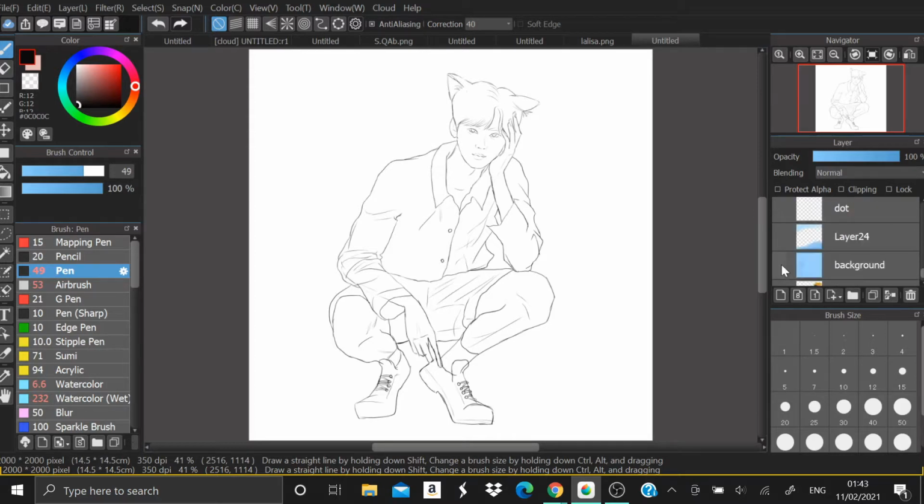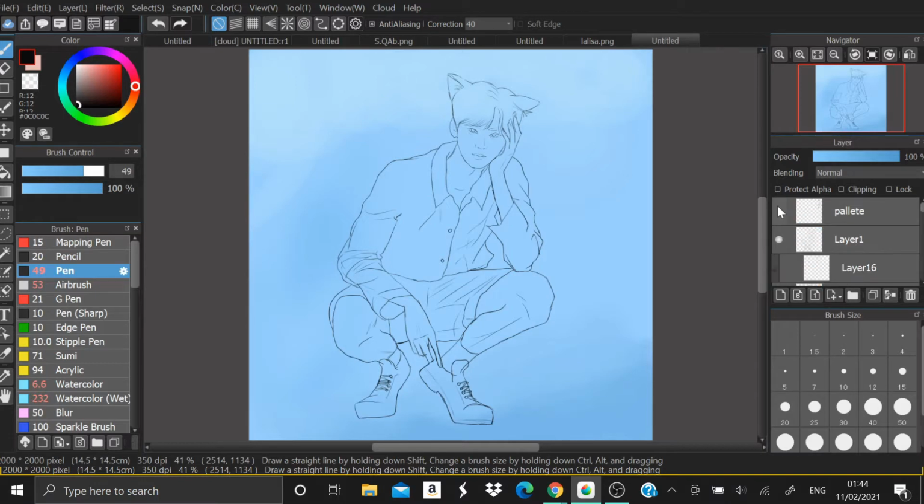And after the line art is done, the first thing I do is put up the background color. When I fill up the background color, I usually fill it up with the pen brush, but it all depends on what you want to do. And after that, I would like to add some gradients like this from the other artworks that I have done,